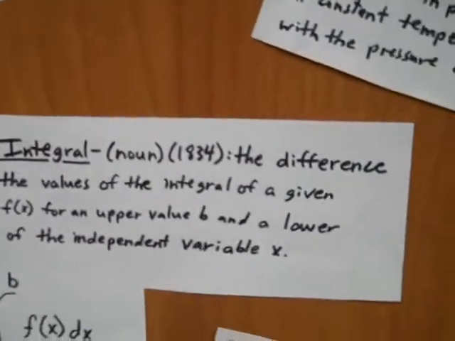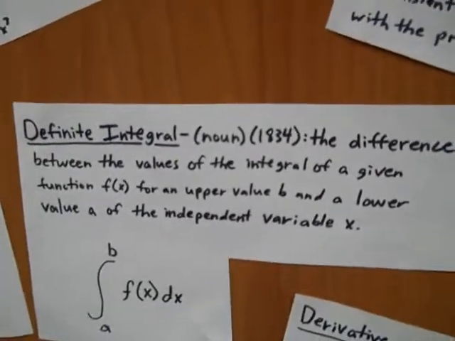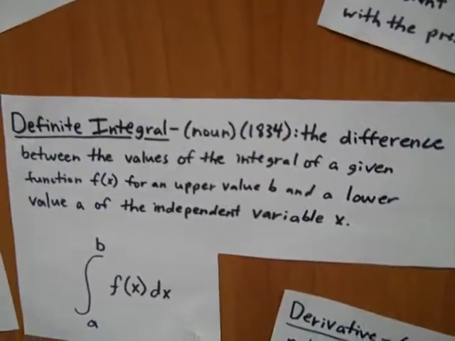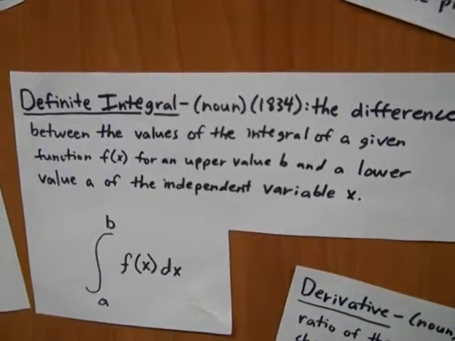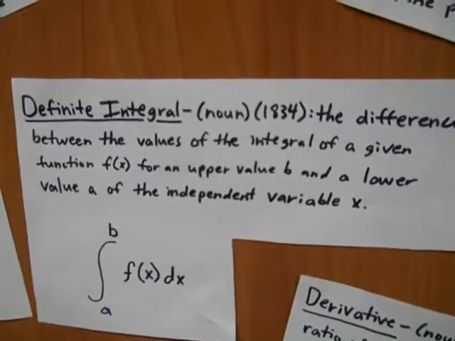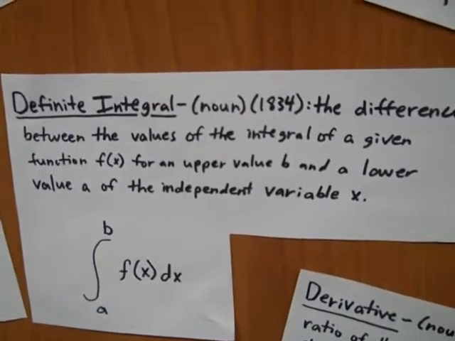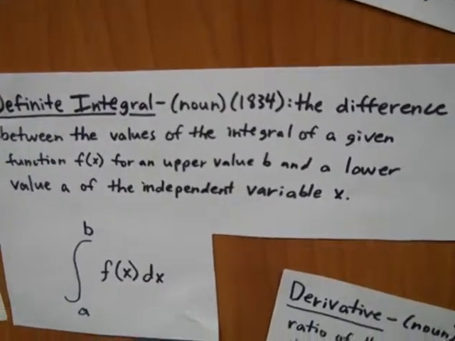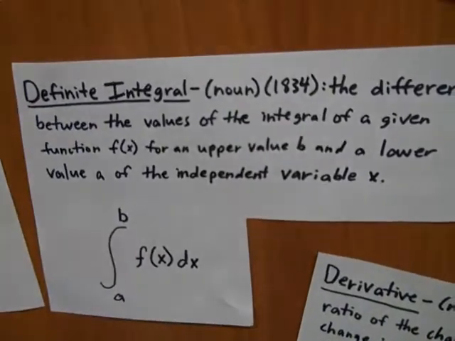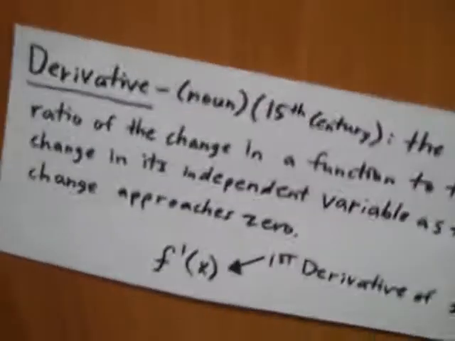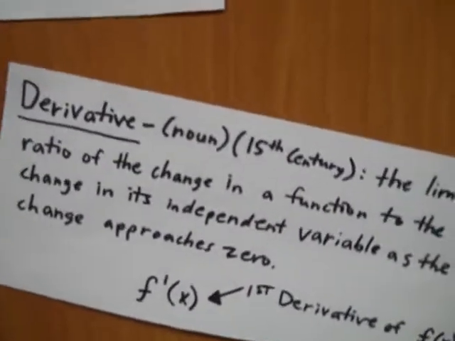It's a noun originated in 1834. It's the difference between the values of the integral of a given function f of x for an upper value b and a lower value a at an independent variable x, and it's from the integral of a to b of f of x. Alright, and the next one we did was a derivative, and it's a noun, and it